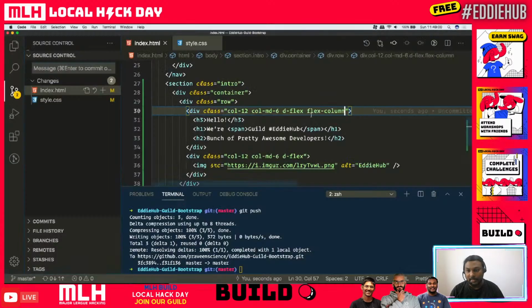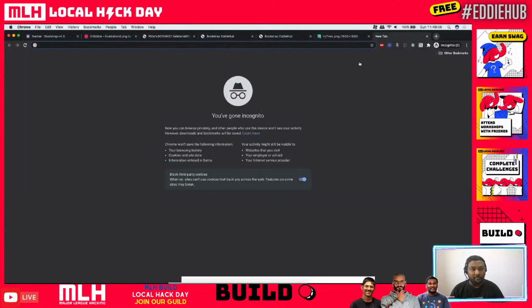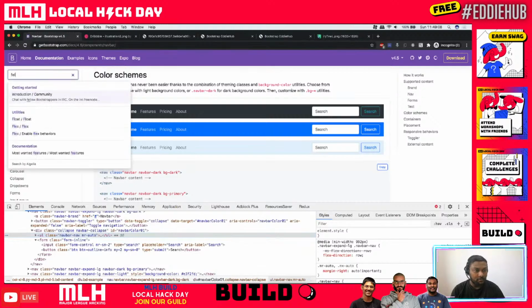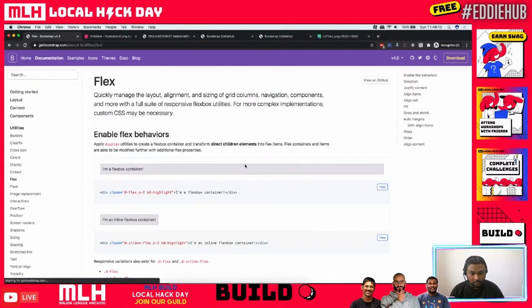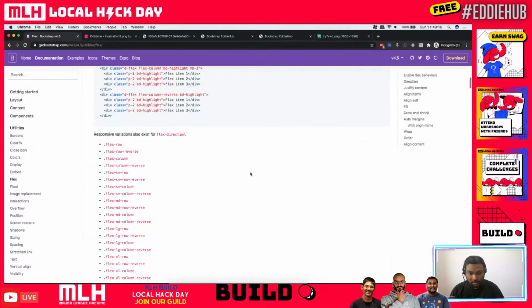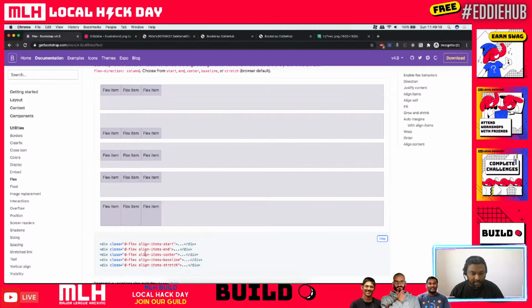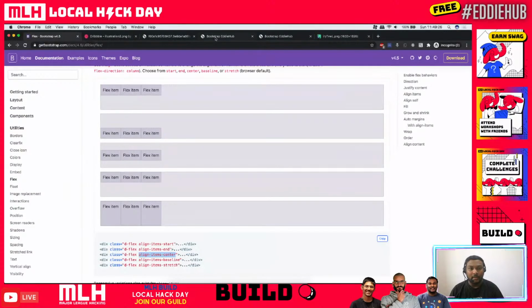Yes, flex column is the right thing. And we need to justify the items in the center. So if we go to our flex utilities in Bootstrap, we have got these things. So we are looking for this one, d-flex align-items-center. That's what we need to do. So flex column, align items center, and